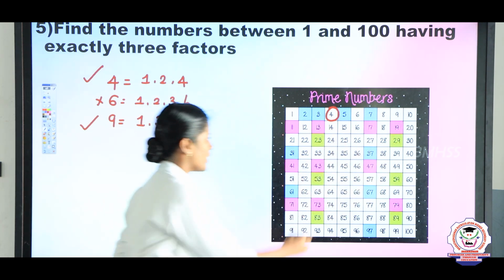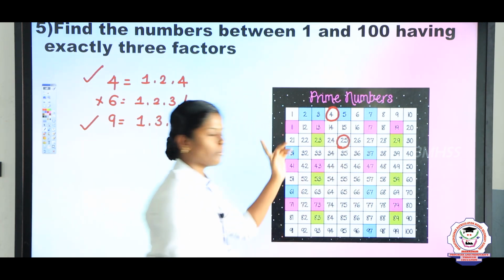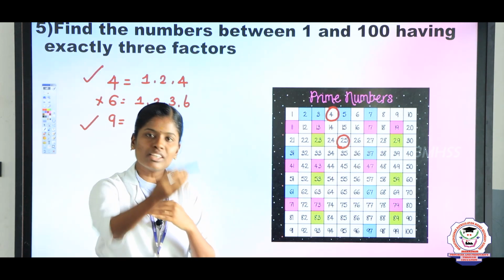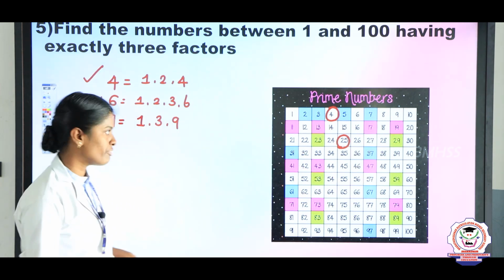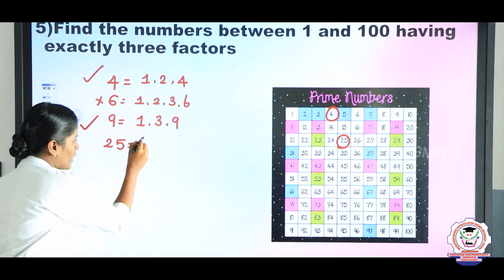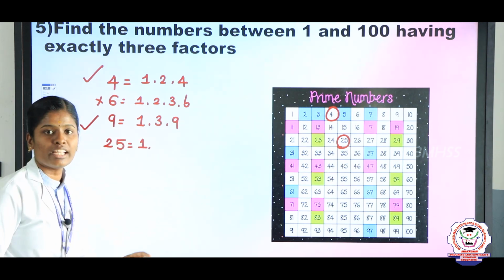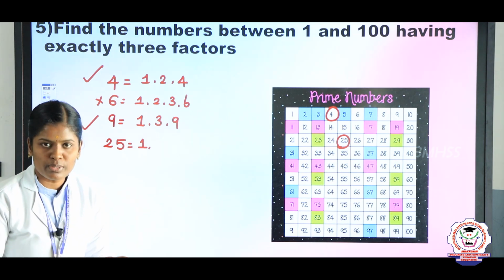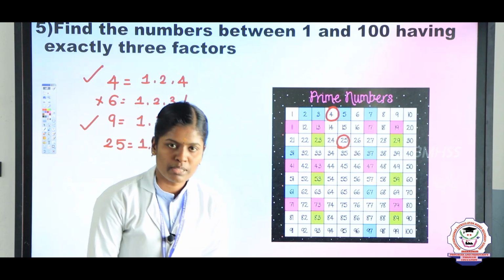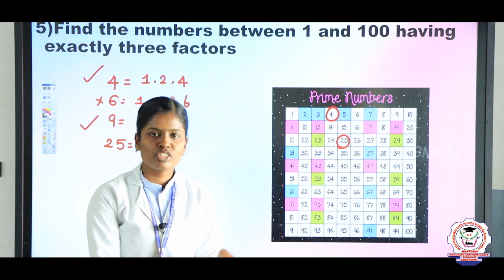Next, we will take 25. So, in between the numbers, you should check that we have more than 3 factors. Take 25. The factors of 25 are 1 25 is 25, and then 2 table 25 is not possible. Next, we will take 3 table. 3 table 25 is not possible and 4 table 25 is not possible.